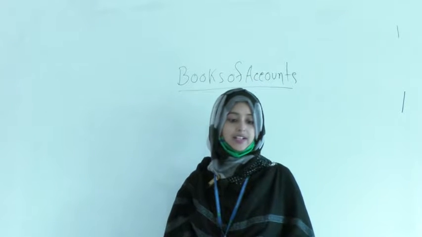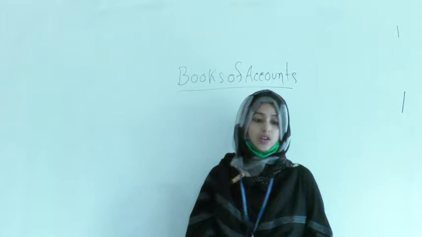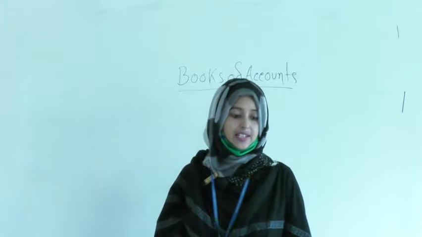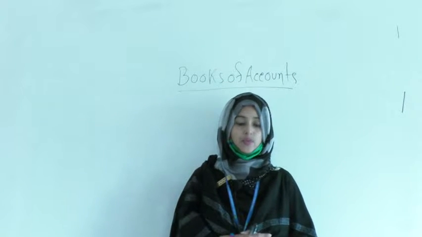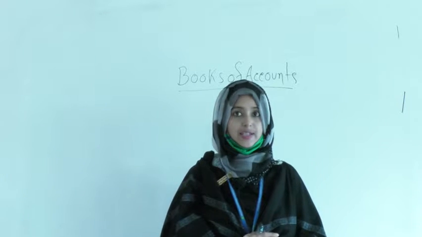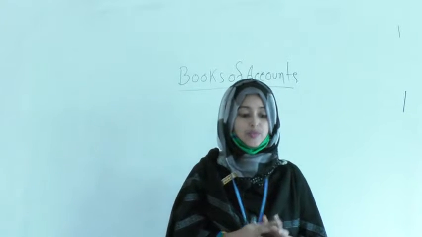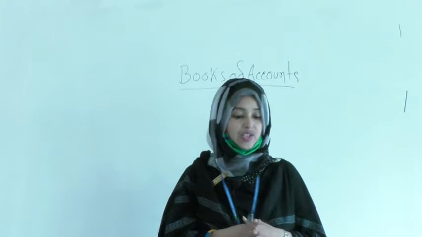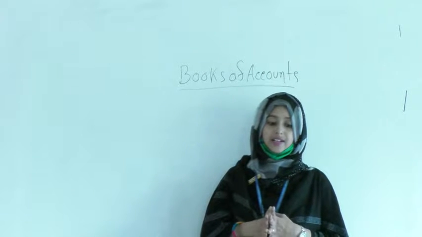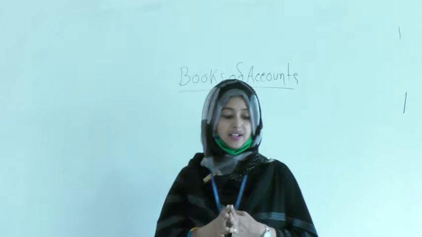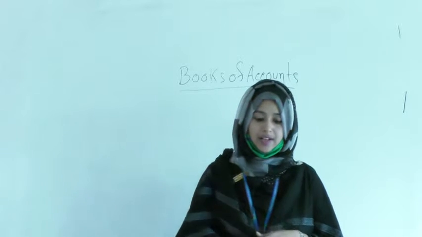To know about the learning outcome of this chapter: how to prepare journal entries. All of us know the journal entries, that is the primary books, right? To know about the double entry system, do you know the double entry system? The two related parties. To know how to prepare a ledger account, the concept of cash book, how to prepare cash receipt journal, cash payment journal, purchase journal, and sales journal, and you can know about the cash discount, and also the trade discount.